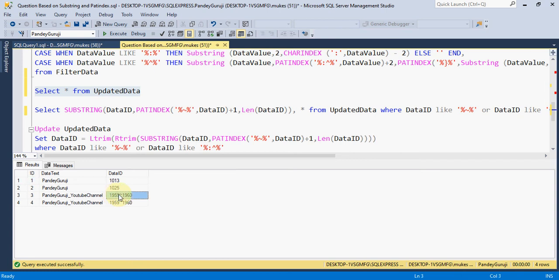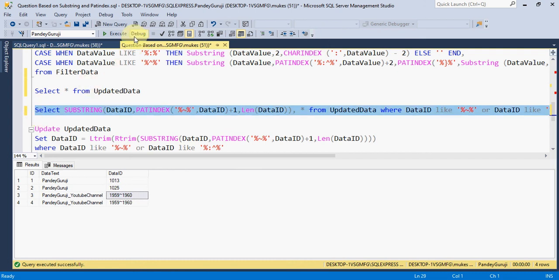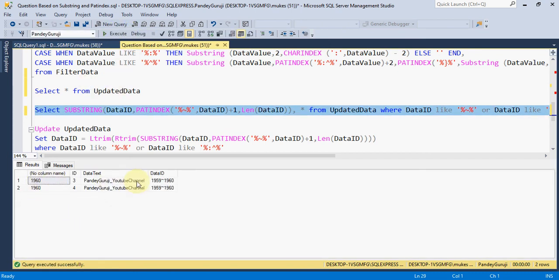So again we need to remove this symbol by using SUBSTRING again. So we can use SUBSTRING, and data ID, this is the column, PATINDEX finding where this value is starting, and where we have only one symbol, you can use CHARINDEX also in place of PATINDEX, and data ID plus 1 is the length of the data. So you can see we retrieve only the value after this symbol.